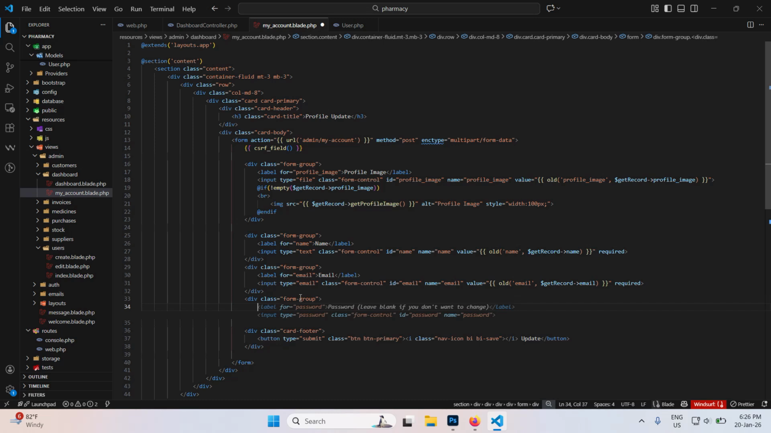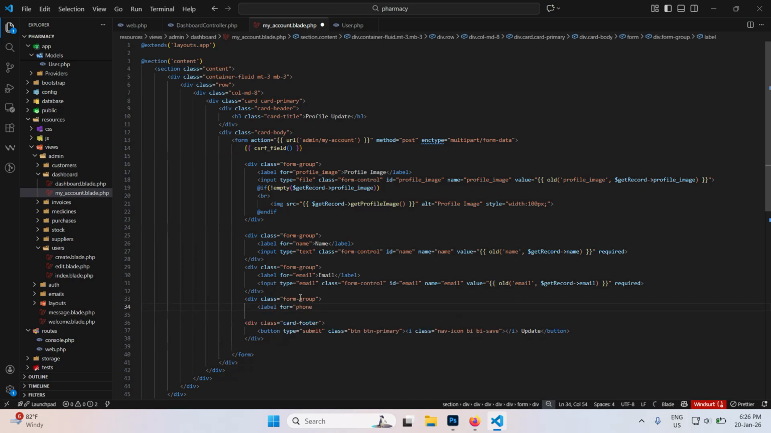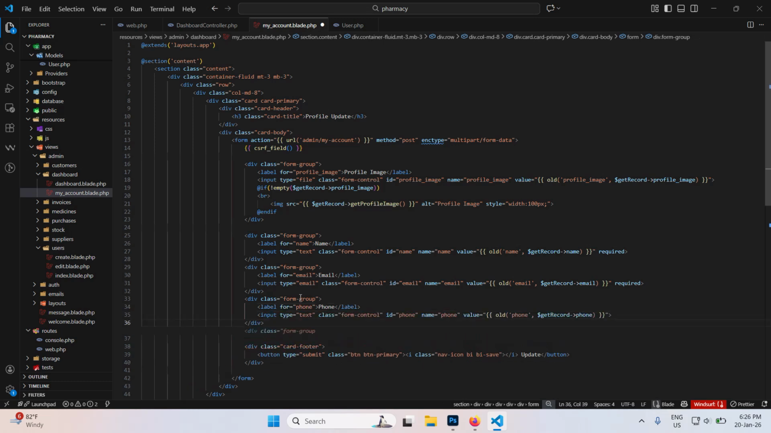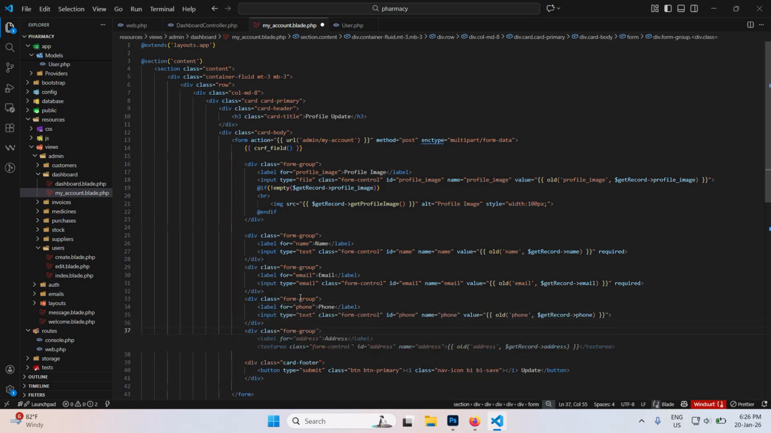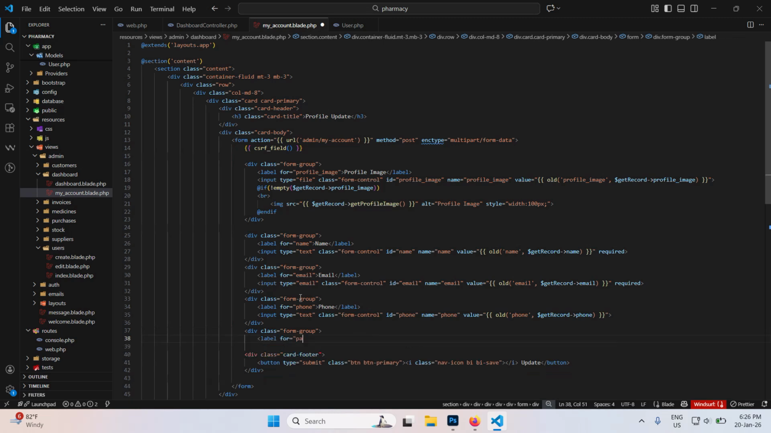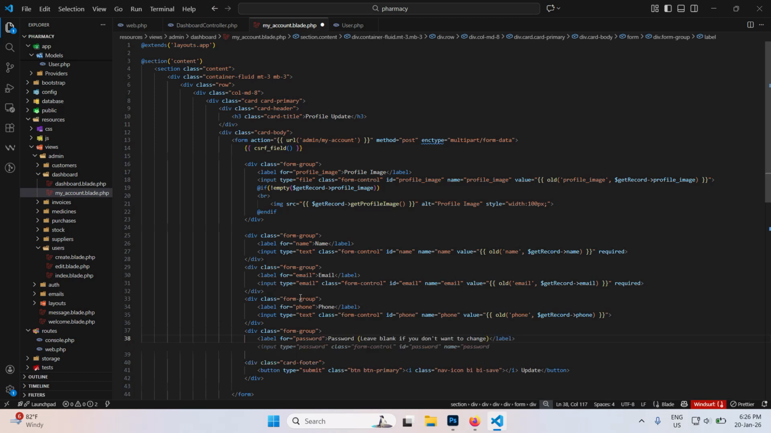So not password, but phone. Okay, so the phone also we need, phone and then password. Okay, I think that is what we needed now. Password, not address, but password. Okay, so with password you'll write, leave blank if you don't want to change. So that is